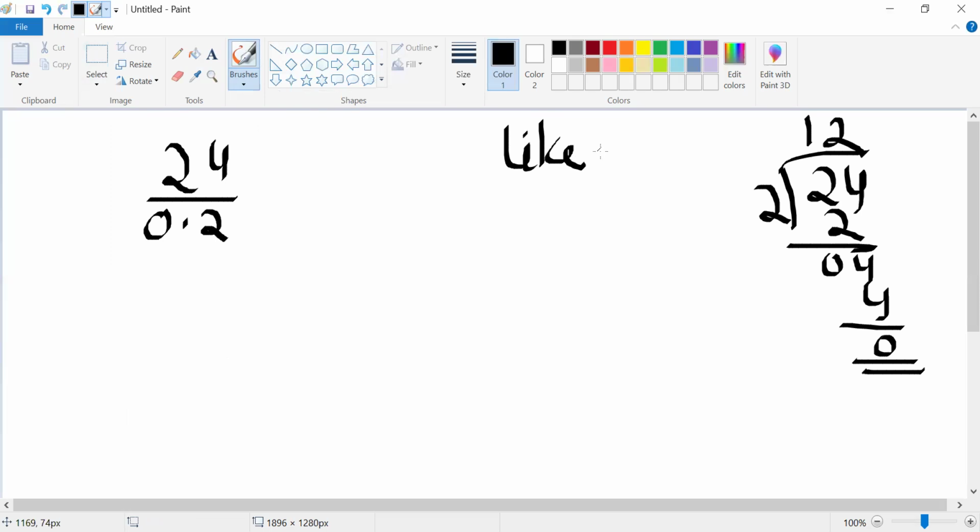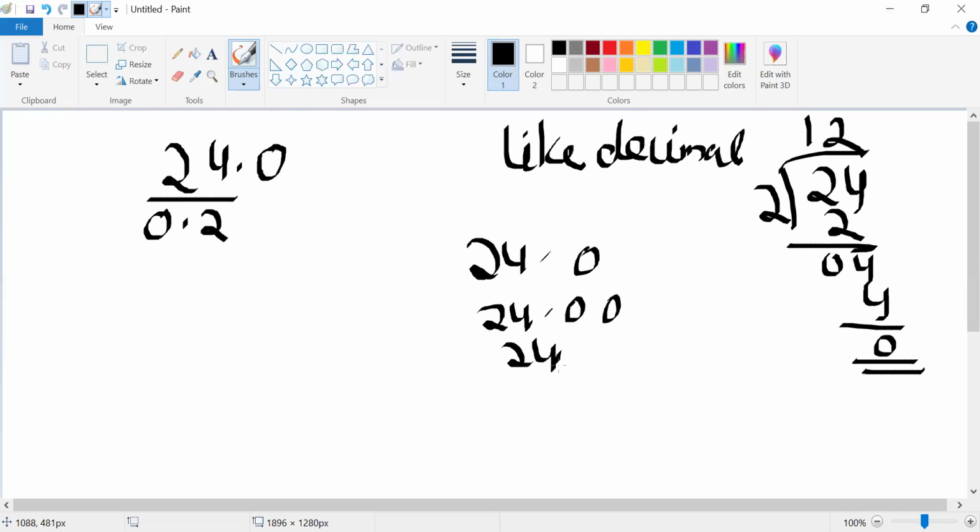Like decimal. What do you mean by like decimal? Same number of decimal places. So the denominator has one decimal place, and the numerator has no decimal. It's a whole number. So to make it like decimal, let us simply put a decimal point and put a 0, because this 0 doesn't have any value. So 24 is the same as 24.0,